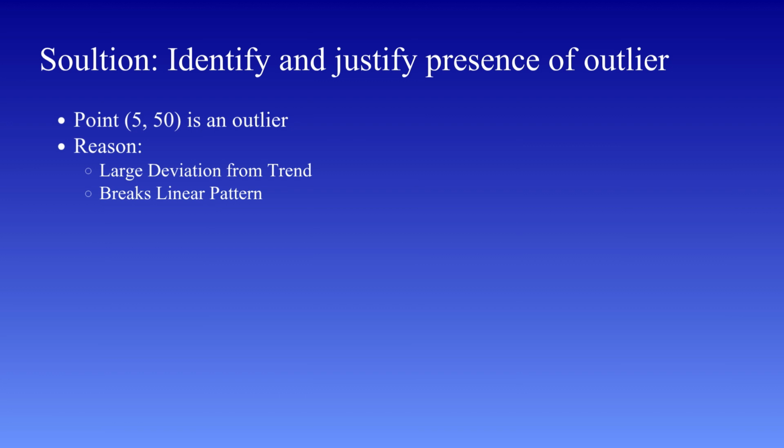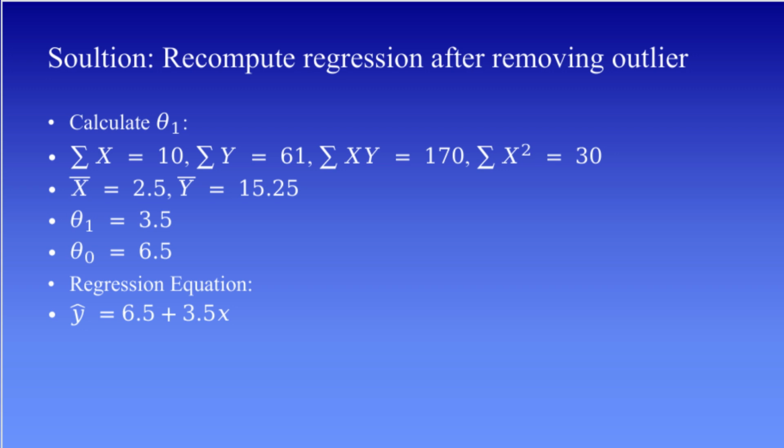If we were to draw a regression line, this single point would pull the line upward and distort the model. Such a value could be due to sensor noise, measurement error, or an actual abnormal event. Therefore, we can confidently identify the point (5, 50) as an outlier, and it should be carefully handled before building a predictive model. Now let us recompute the regression model after removing the outlier we identified earlier. By excluding the point (5, 50), we are left with a cleaner dataset that better represents the underlying trend.